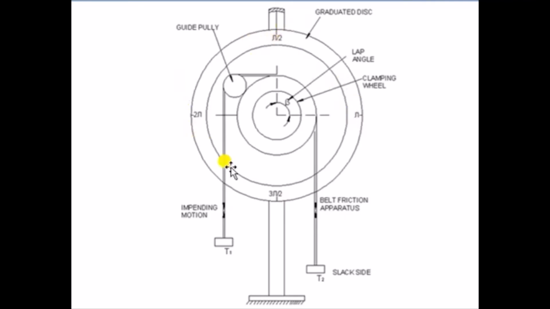So we have taken all the values in radians. Now what is this beta? The lap angle, that is the angle of contact between the belt and the pulley. This is the guide pulley which moves with the board. This is the graduated disc. Then there is a clamping wheel which holds the inner part of the wheel, and here